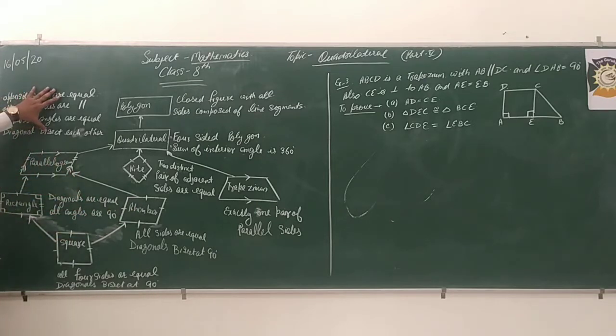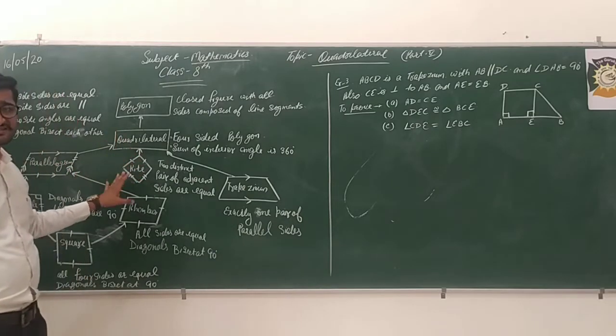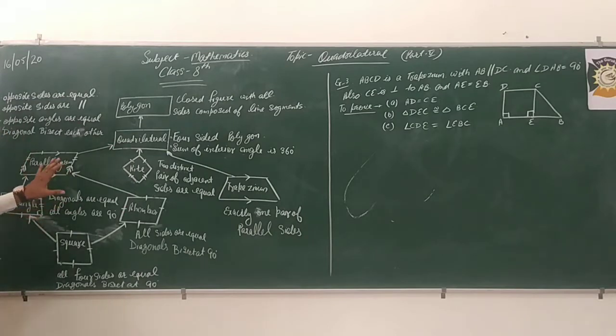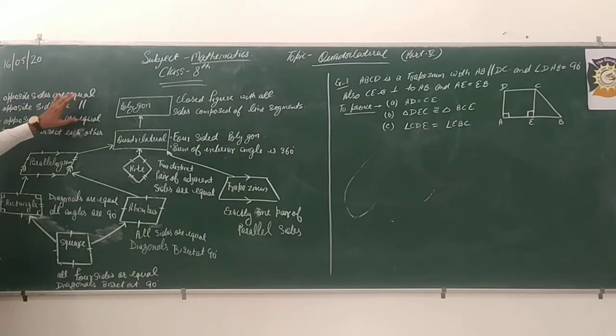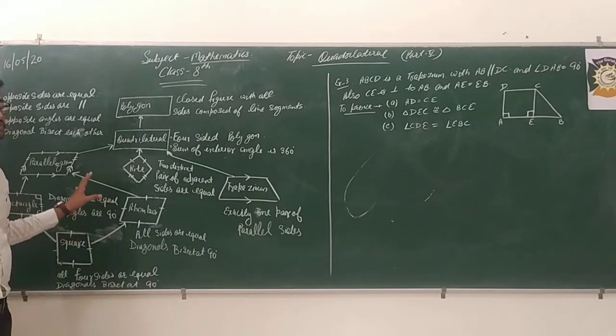If you learn the properties of the parallelogram, after that all these properties work in rhombus, all these properties work in rectangle. No need to cram all these things. You can understand how we have proved each and everything in the previous lectures: how opposite sides are equal, how opposite sides are parallel, how opposite angles are equal, how diagonals bisect each other, how these angles are of 90 degrees. Everything you can understand with the help of this flowchart.